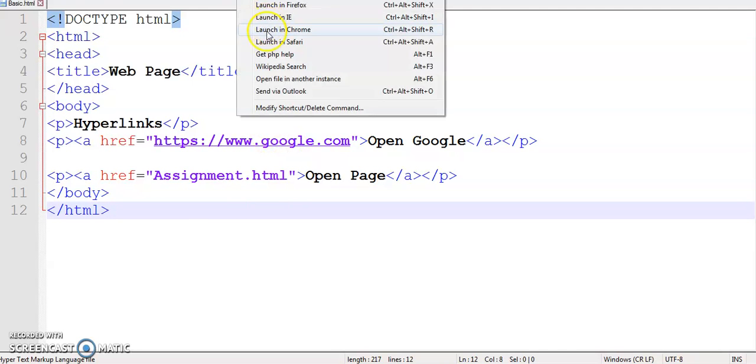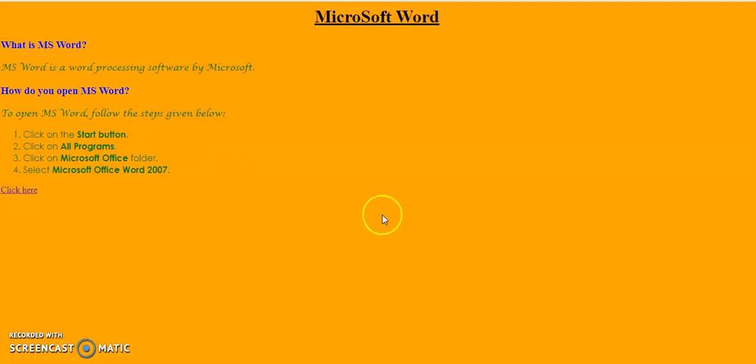So whenever we run this file, we can see the open page link, and when you click on the open page, the page opens. So when the two web pages are in the same folder, you can just type the page name and it will jump to the desired location.